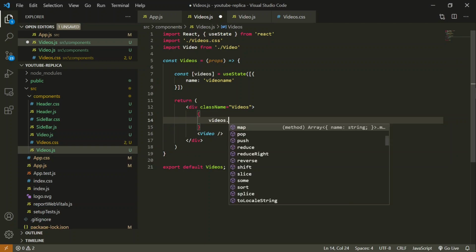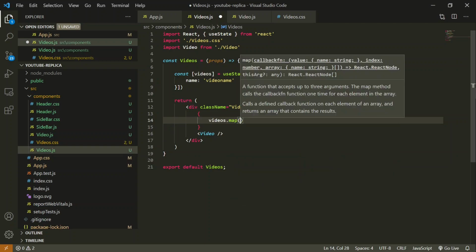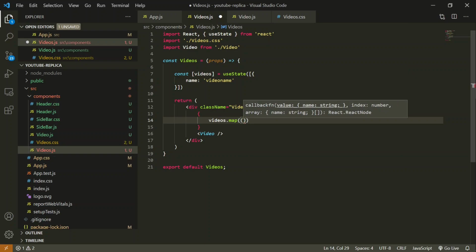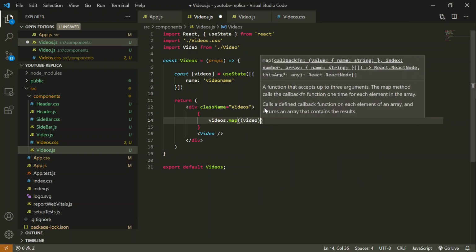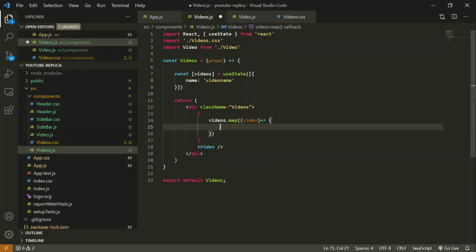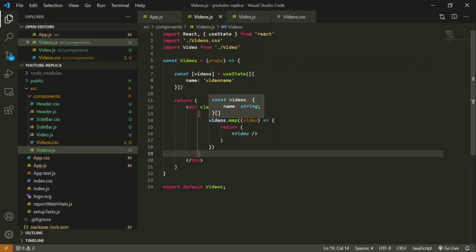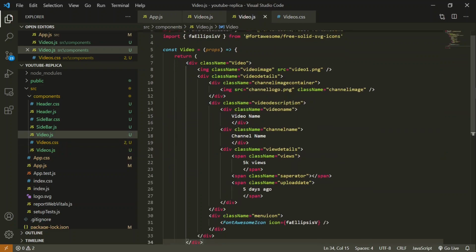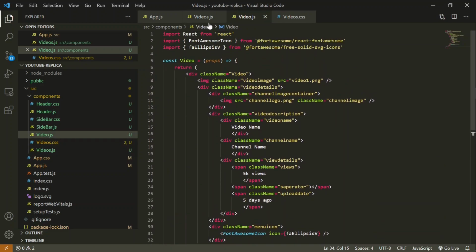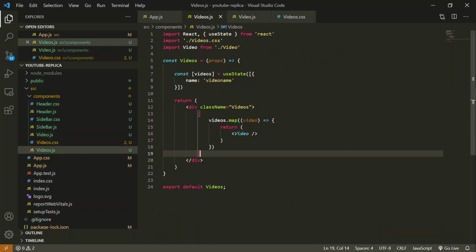So videos.map, and here we have to return the video component. I'm creating a loop on these videos, and I'm returning this video in it. Now to improve this, we can do one thing. Instead of passing the details directly into this, we can pass them from its parent component.